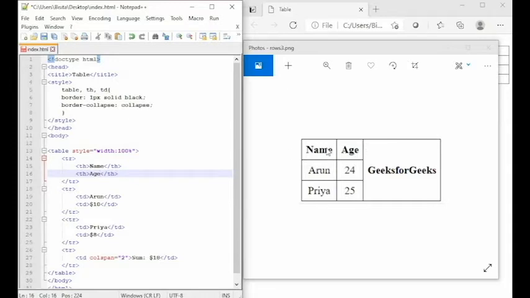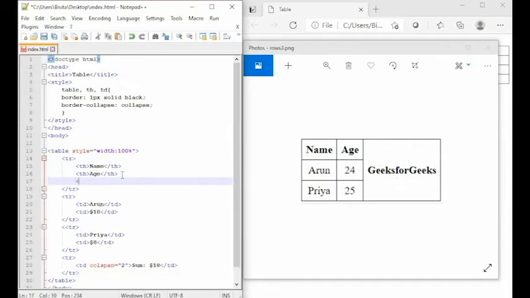So how many TH for the first TR? So 1, 2, and 3. For the third TH, it spans how many? Three. So 1, 2, 3. So we're going to apply the row span here. So here in the TH, row span, row span. Then how many? Three, right? Three, 3. Okay, then